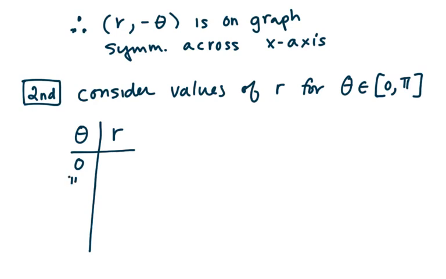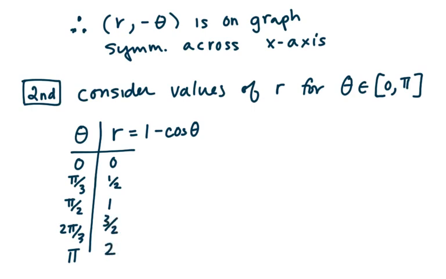We have 0, pi over 3, pi over 2, 2 pi over 3, and pi. And if I evaluate those in my original equation, which is r equals 1 minus cosine theta, I get outputs of 0, 1/2, 1, 3/2, and 2. So I have a Cartesian plane here, not a polar graph. It's a Cartesian plane, XY grid. And if I were to plot these points,